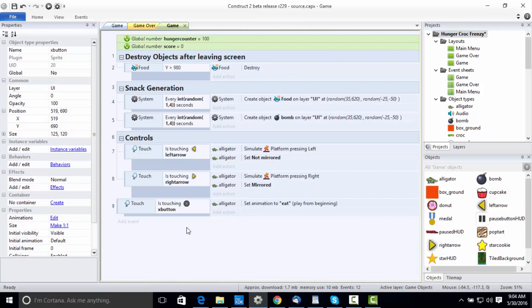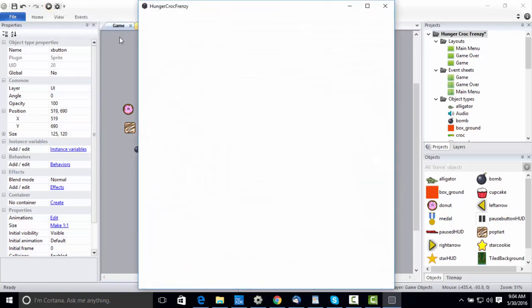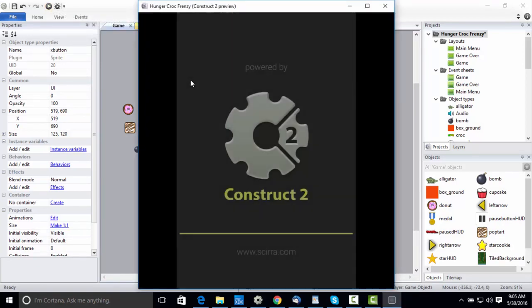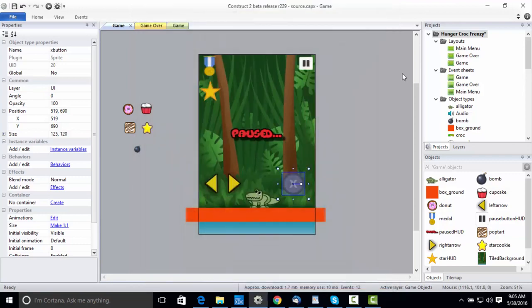Now we need to add an event that tells the alligator to return back to its idle animation when the player isn't pressing any touch buttons on the screen. Without this, the alligator will be stuck using the eat animation. I'll show you an example. When we press the X button, you can see that his mouth is literally stuck open. So to fix this,